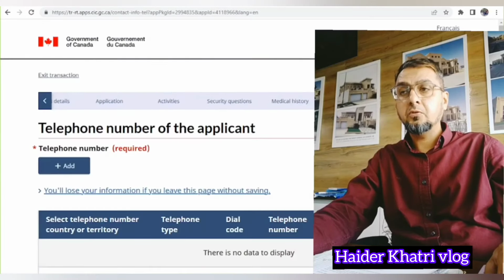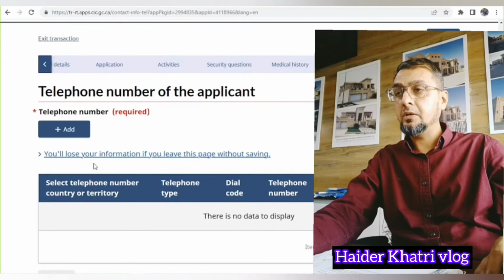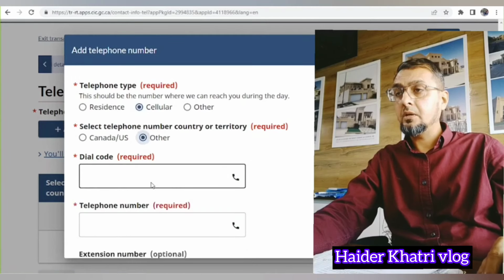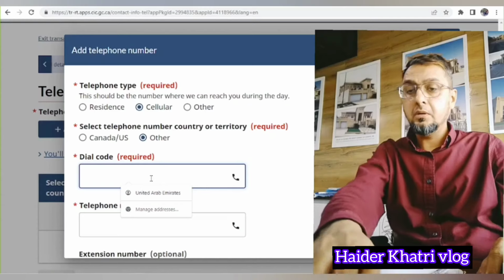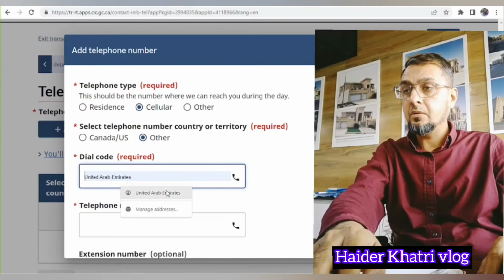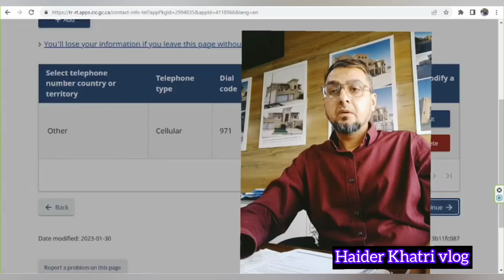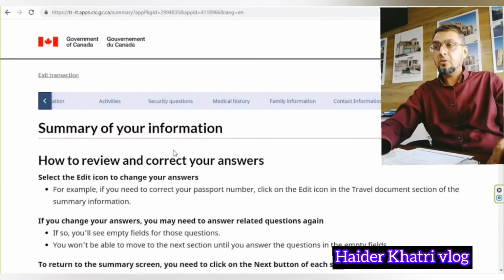Save and continue. Okay, the telephone number of the applicant you will have to add here. Telephone number. Okay, this is the cellular number. Okay, this is not in Canada. Dialing code 9717. Continue.